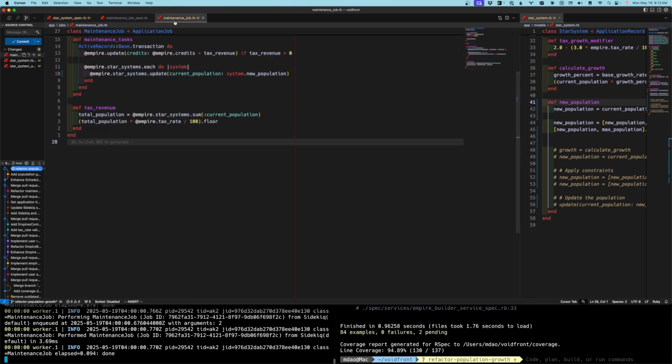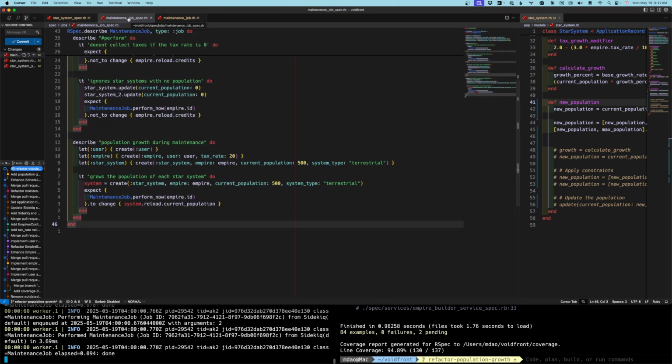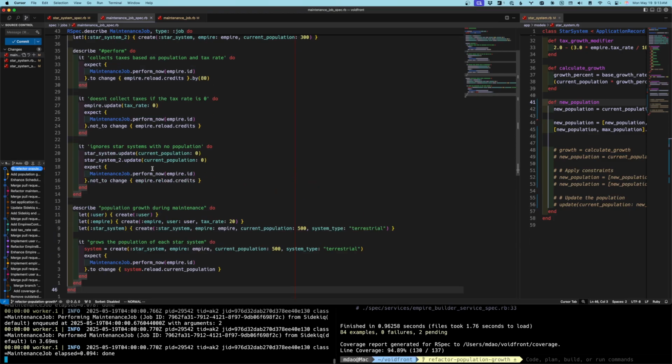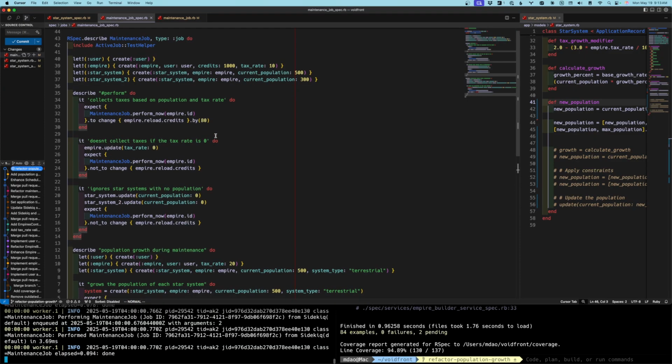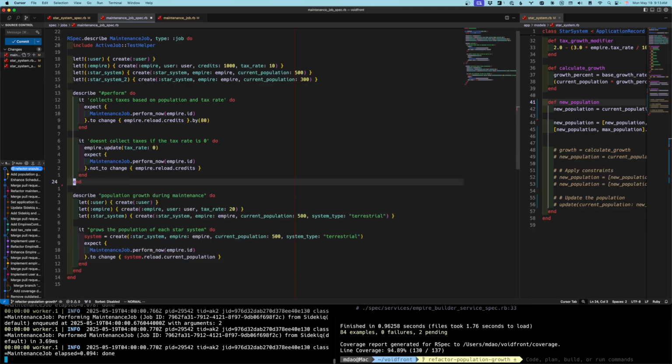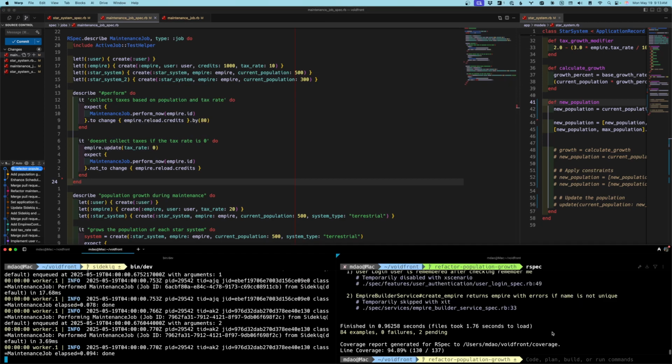Let's go to maintenance job. Maintenance job spec. All right. I mean, that does it. We're not checking the actual thing. We're just checking it changes. I don't think we need this test because there's no point, are we ever going to have a zero population? We've created that kind of system there. So theoretically,